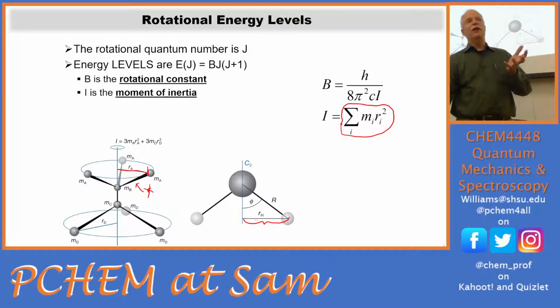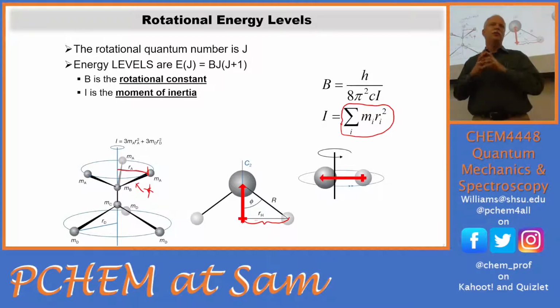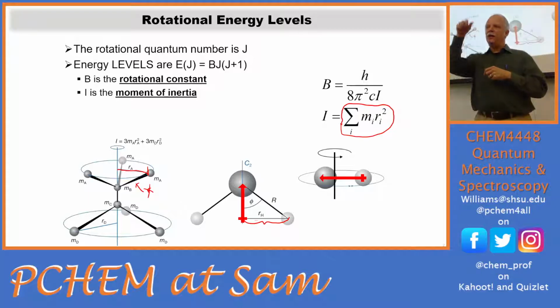You're going to look at rotational vibrational spectroscopy to solve for the bond length. Now, diatomic is super easy because it's just one dimension. It's just one bond length. Now, one thing you have to have, though, for it to interact with light, if you're just doing pure rotational spectroscopy,